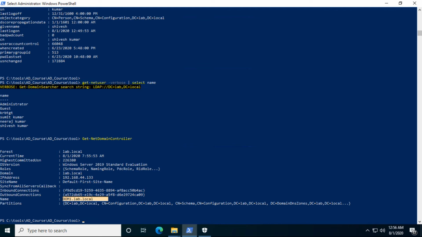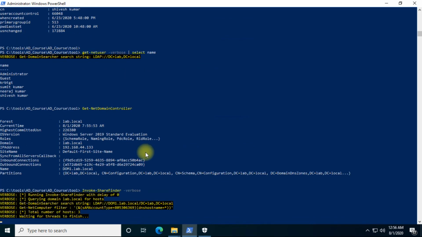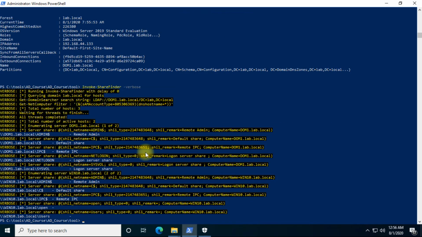Okay, what else can we do? One quick thing which I'd like to tell you, there is one thing which we can try. Don't try it on your production setup, but this is a lab, so we can try it directly. This command is used to find whether there are any share folders present inside the network, in this domain or not.